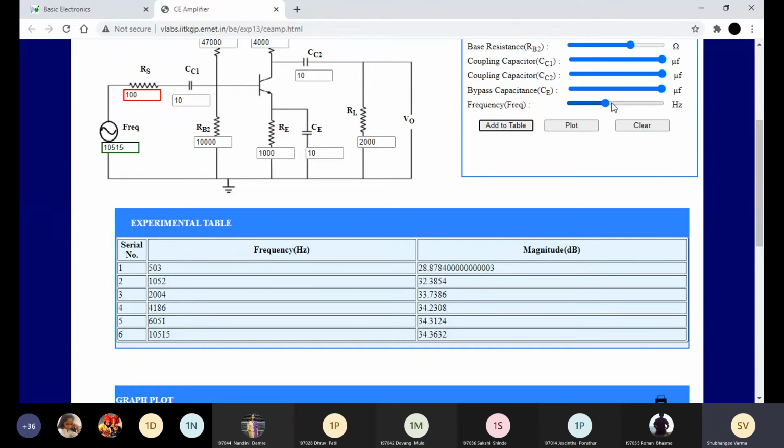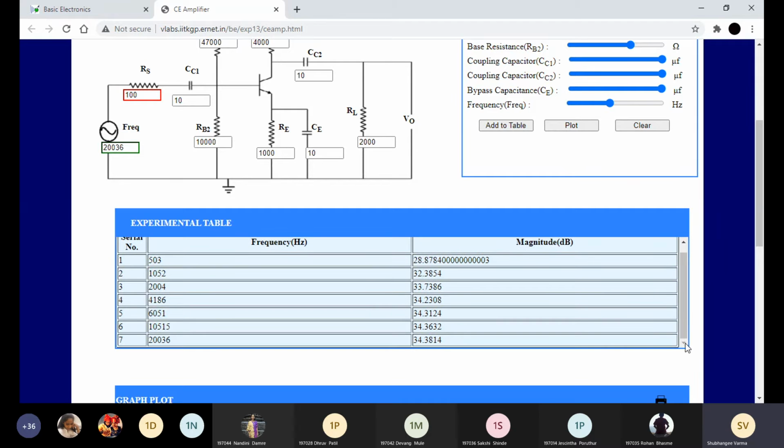After 10K, take reading for 20K. After 20, directly take reading for 50K. Now your signal starts remaining constant over here. See.